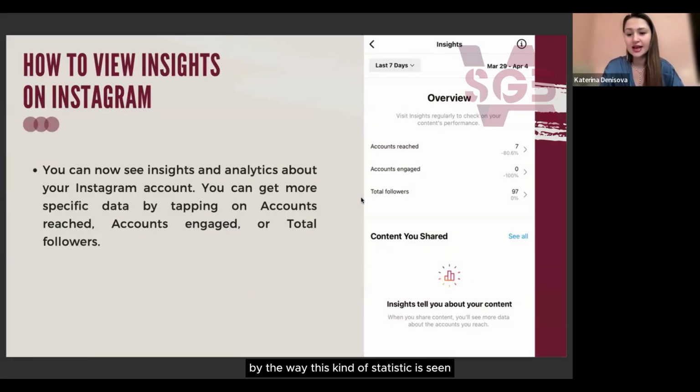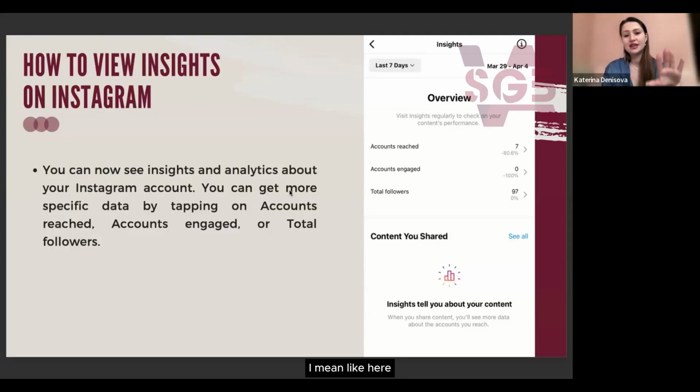By the way, this kind of statistic is seen by everybody, but if you're working with a client and you want to make a report for the client, I suggest you also try using some special apps to monitor statistics on Instagram. I like to use LiveDoom. Also, there are some like Popsters, Instagram analytics, etc. They let you download a report about Instagram statistics.